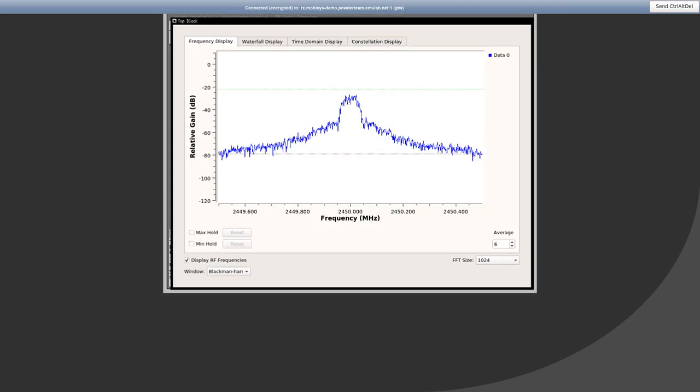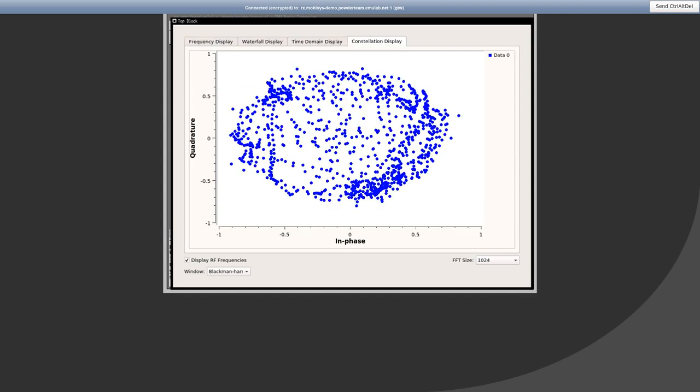Sure enough, the receiver is showing energy in the spectrum right at 2.45 GHz where we expect it. Switching to the Constellation tab, we see a similar plot to what was shown at the transmitter side. The diagram is rotated because of the phase offset between the transmitter and receiver. I don't have time to present further details now, but there are all kinds of things you could extend this